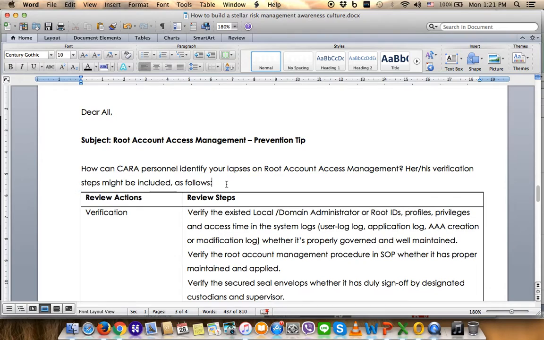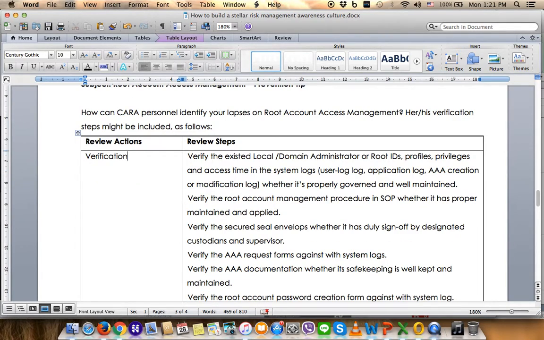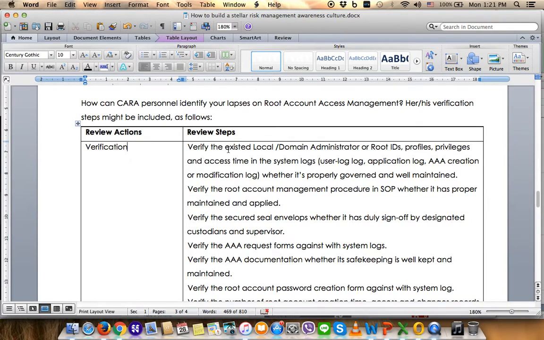So the message can be interactive to the audience on how Kara personnel can identify lapses on root account asset management. A verification step might be included. So the auditor or risk assessor or assurance or compliance may review the steps. One is a verification process, the other one is custody. So the verification process may include verifying the existing local and domain administrator or root ID, profile, privilege, and access time in the system log,